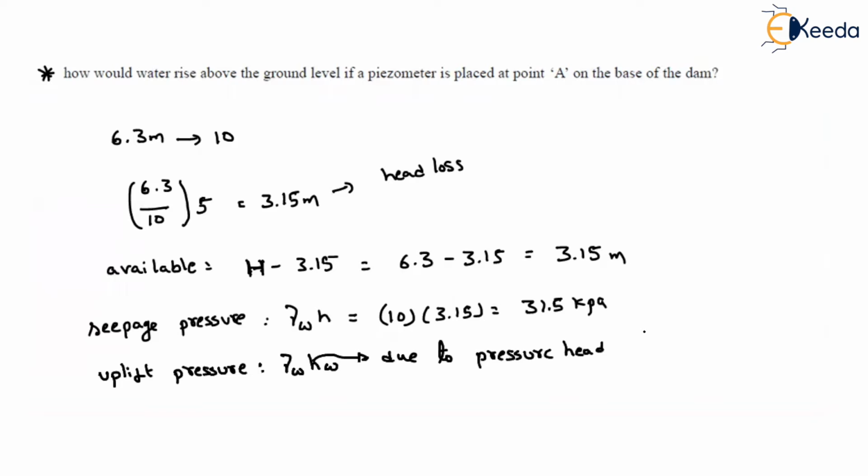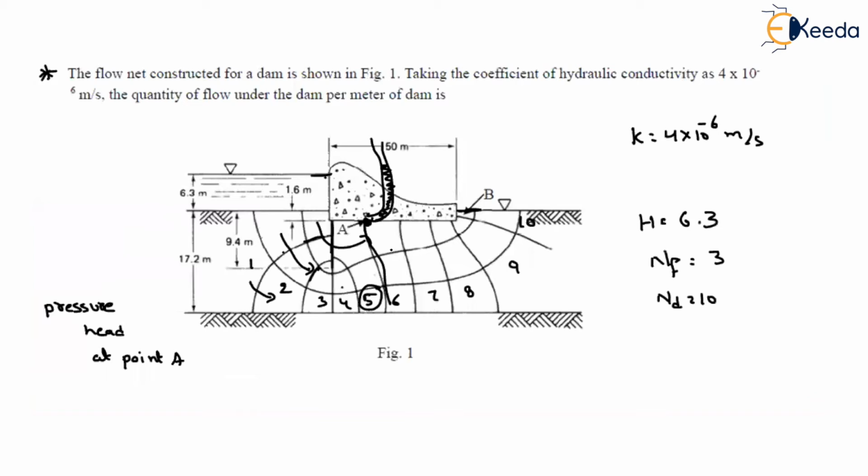So how can I find out the pressure head? What is the total head available? H. From that I can neglect the elevation head, isn't it? Why? Because as the water flows very slowly, we don't consider any velocity head. Now look into this diagram. Did they mention anything about the reference value? If the reference value is not mentioned, then we always consider the downstream water level as the reference line.